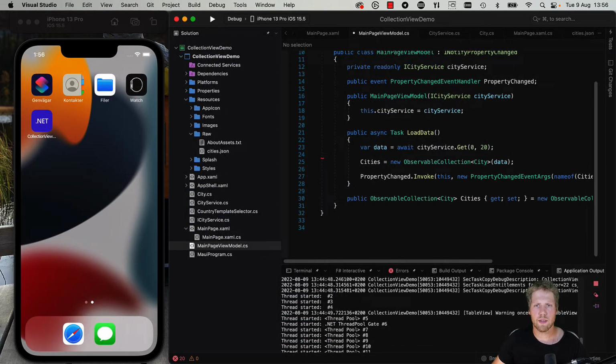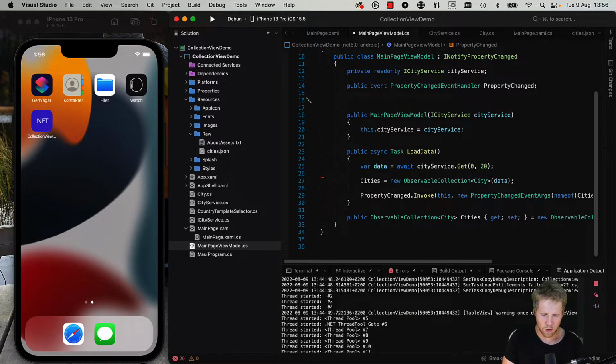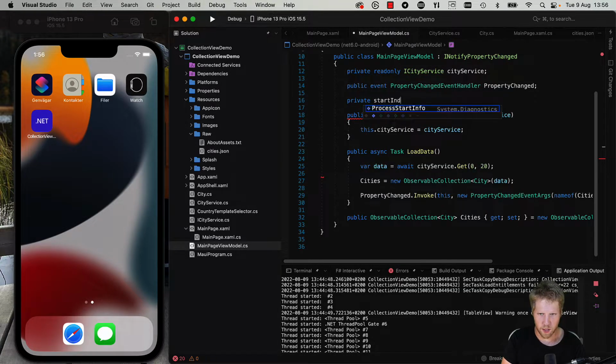And now the time has come to talk about how you can load more cities, because this data collection is huge, so you don't want to load them all directly. So instead we can load them when we reach the end of the collection view. Okay, to do that we need to have a field in the view model for start index, so we keep track of how much we have loaded. Start index is 0 and it should be an integer